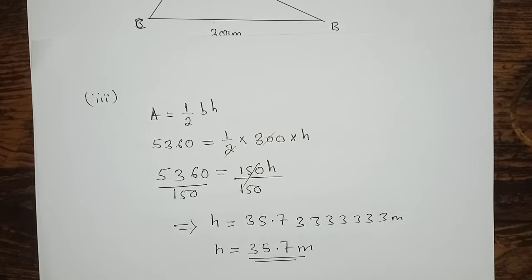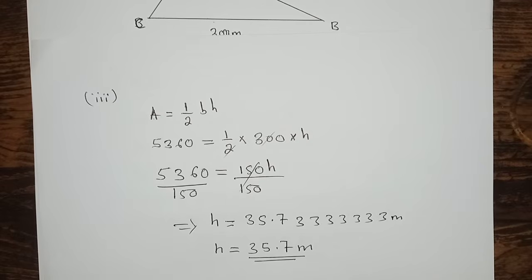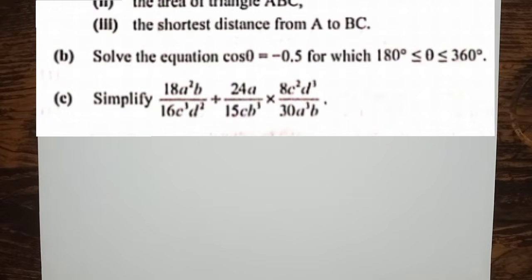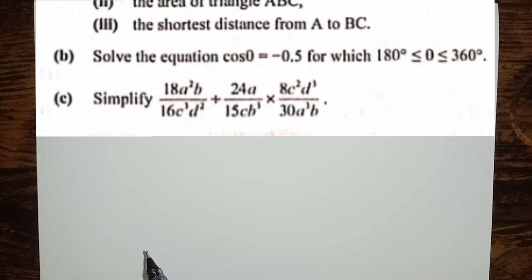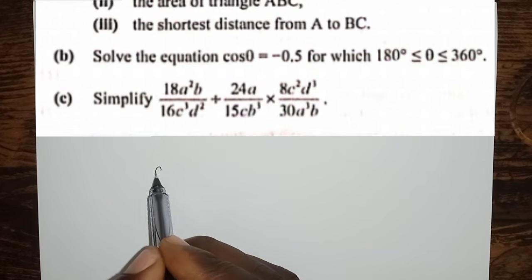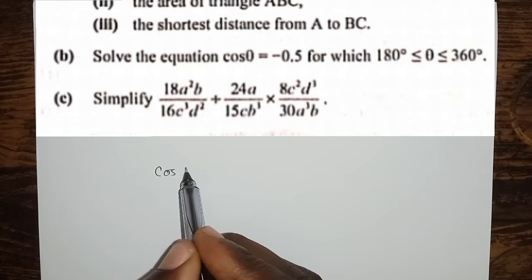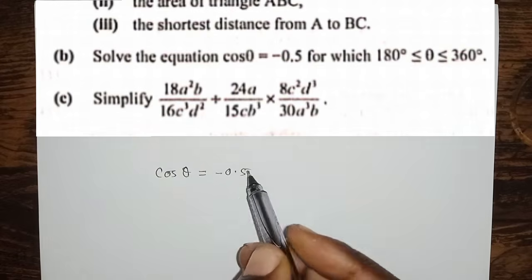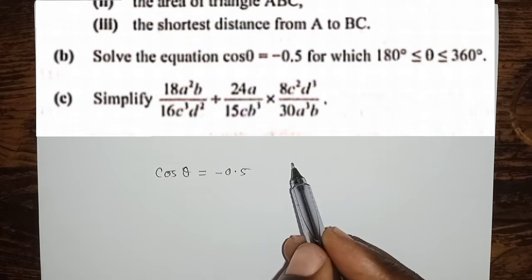Okay, so question 7B, because this was question 7A. For 7B, they are saying solve. Okay, so we need to solve cos theta is equal to negative 0.5, and they have given us the range, which is